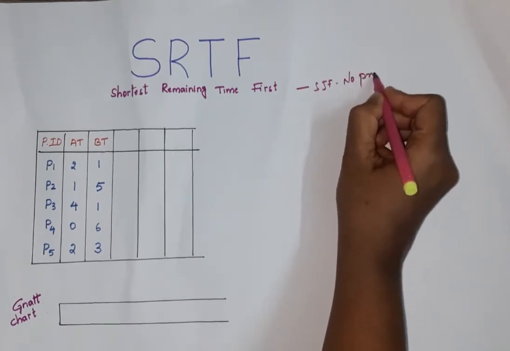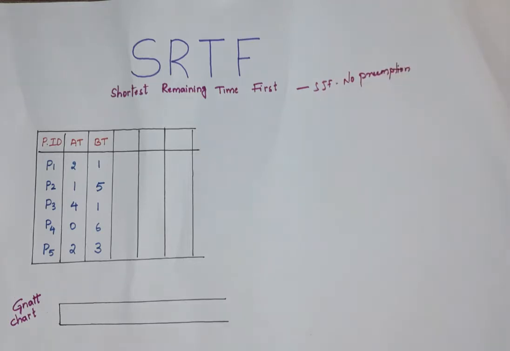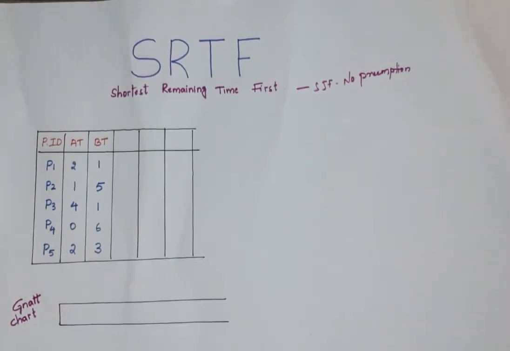No preemption means what? If a process is given the CPU, then that process will be terminated only after its execution. No other process will come in the middle. It will execute completely. But in SRTF, it will also execute in the same way as SJF, but in the middle